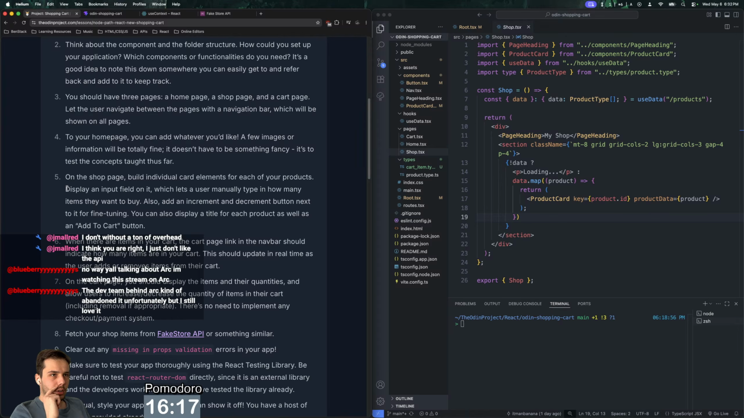Okay, I digress again. But yeah, it doesn't really give me much information here, right? Like it says, build individual cart elements, display an input field, but it's just display title for each product as well as an add to cart button. And it says when there's items in your cart page, link in the nav bar should indicate how many items in your cart. It should update in real time. On the cart page, you should display the items in their quantities and allow users to increase and decrease the quantity of items in their cart. So, and then there's no need to implement, it just says this, but it doesn't say how to implement the cart stuff, right? So I'm kind of interpreting that based on, you know,